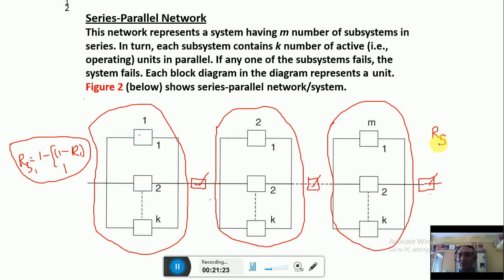More discussion will be in the later videos. We are going to meet again in the upcoming videos. But this is a very basic and very important part of system reliability: how to calculate it, what the different configurations are, and if the configurations are mixed, how to tackle the problems.